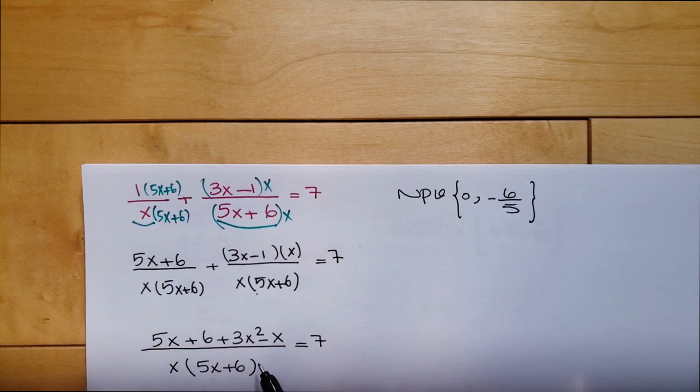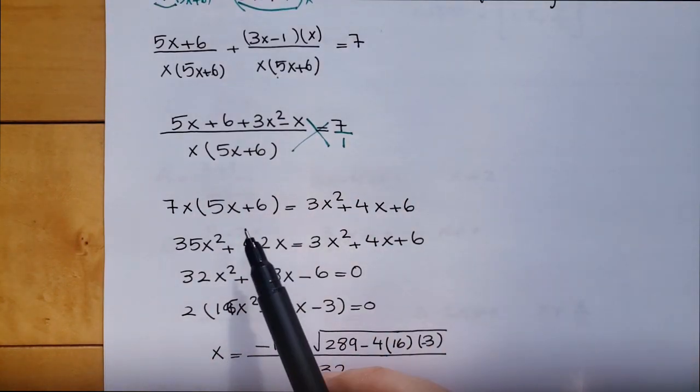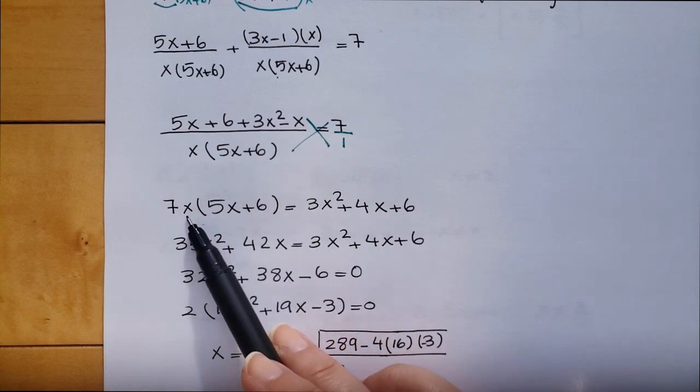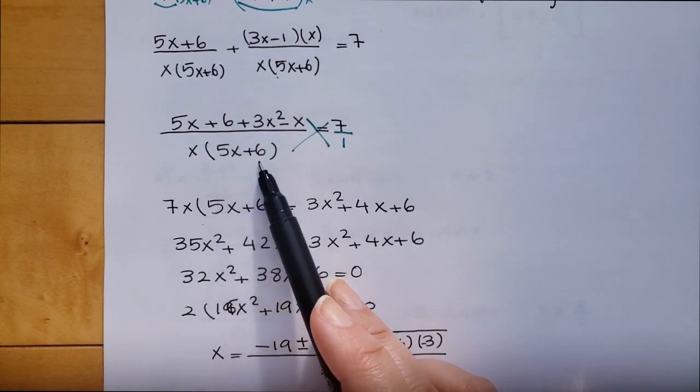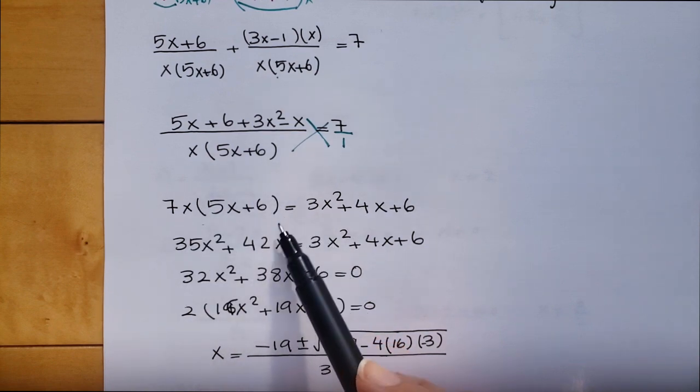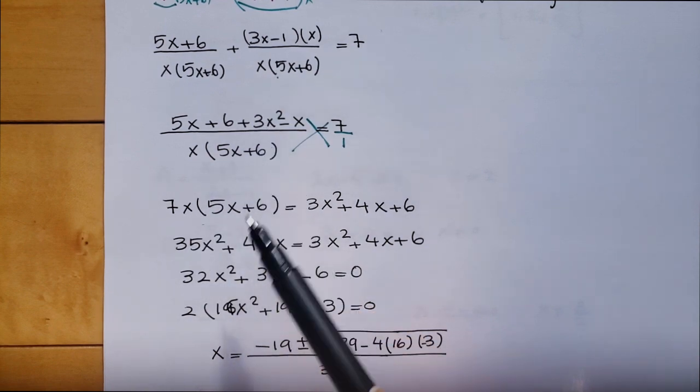After simplifying I can just do cross multiplication. After doing cross multiplication I would have 7x times 5x plus 6, which is equal to 3x squared plus